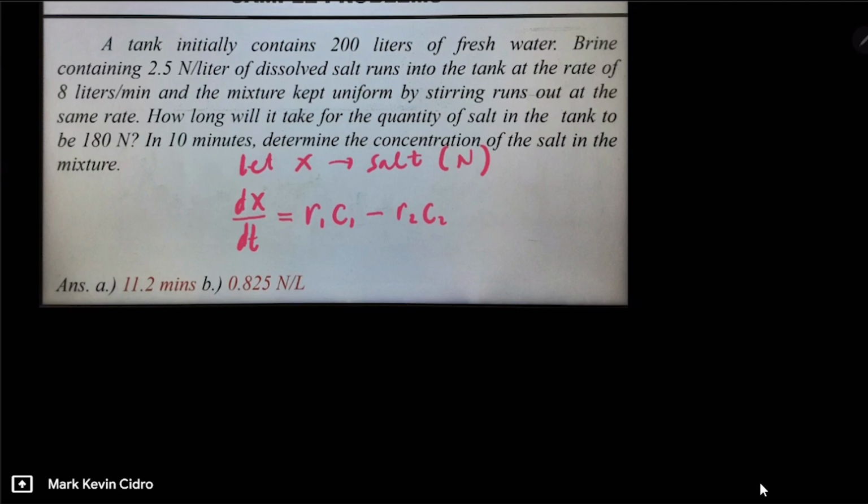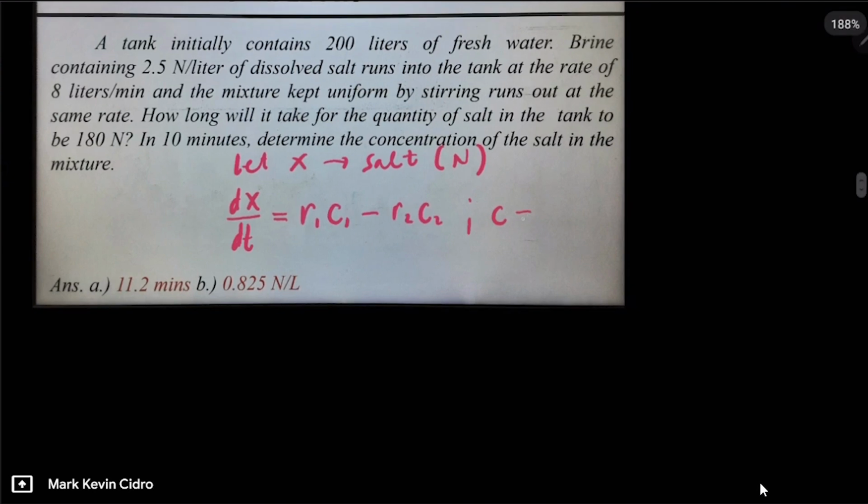To find C, not just C1 or C2, but C: the concentration is equal to the amount of salt over the total volume at any time t. Take note that sometimes the volume is constant. That happens if the rate at which the solution